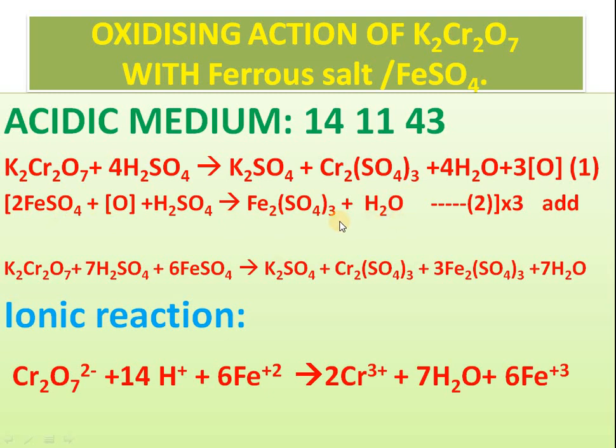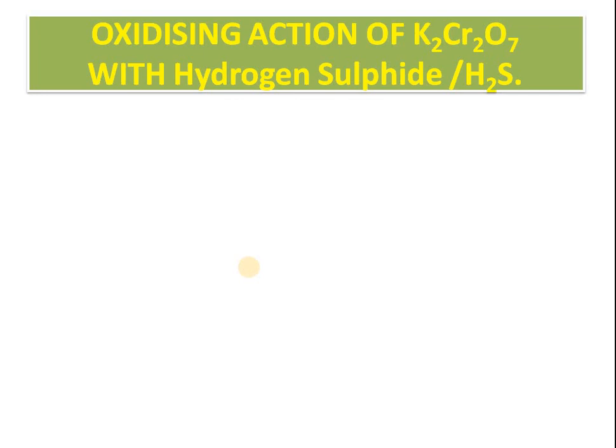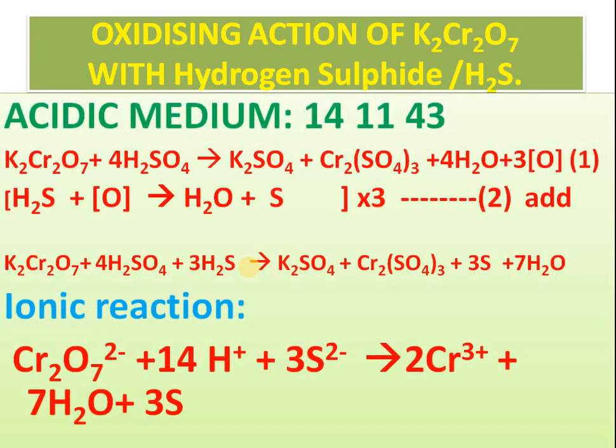Ferrous sulfate will be converted to ferric and sulfuric acid. So 2 sulfate and there 3 will be there. Okay, so you have to add and check. Please, after balancing, you should check. The equation should be balanced, like 2K here, 2K, and sulfate you can check, 7 sulfate here, 6, 13, and 3 here, and you can see that 3, 3, 9, and 9, 3, 12, 12 plus 1, 13. So this way you should check your balancing. Okay, so the next is H2S. You know that in the previous equation also, H2S is converted to water and sulfur, in the same manner.